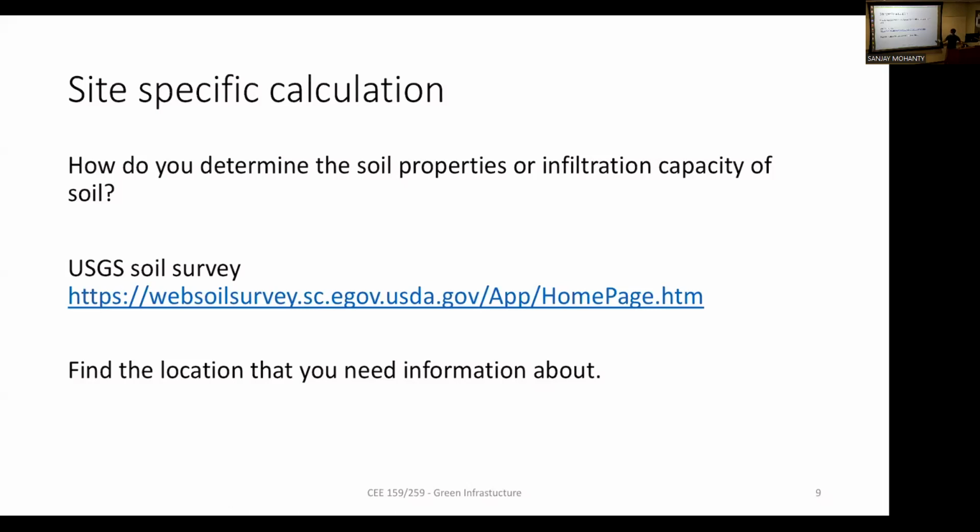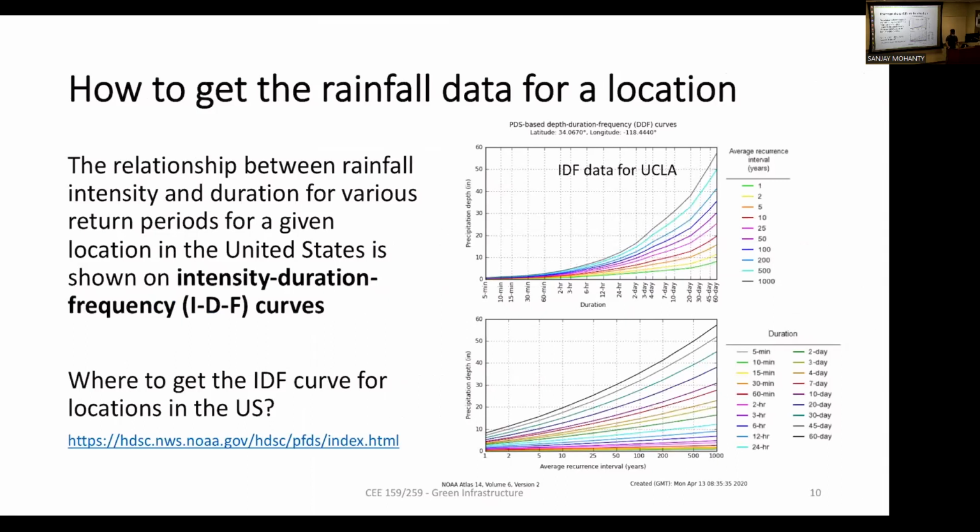Okay, so you learned this one, so now you can apply it to your own projects. The next thing I'm not going to show you because I have shown you this before. If you want to know the locations and the average rainfall or 100-year storm event, how do you find that? You go to this website and click on the zip code or the address. It will tell you the rainfall data.